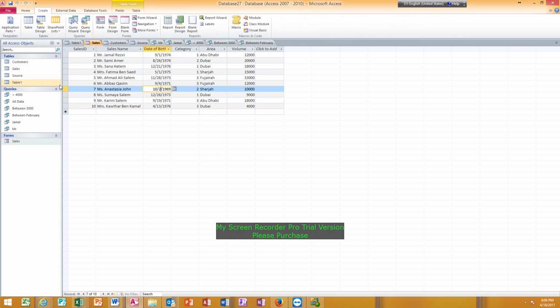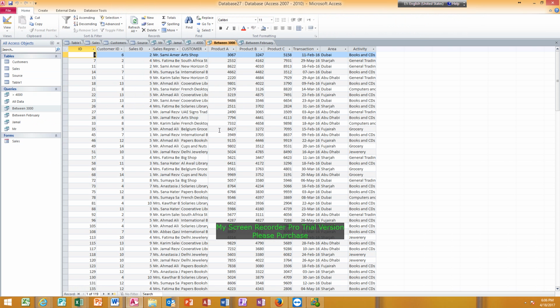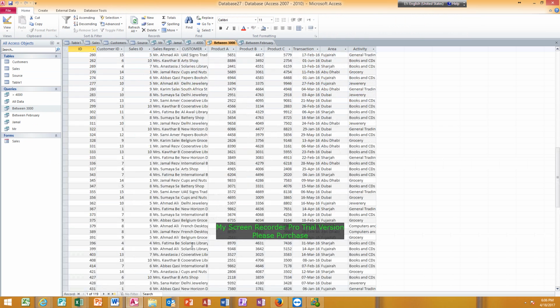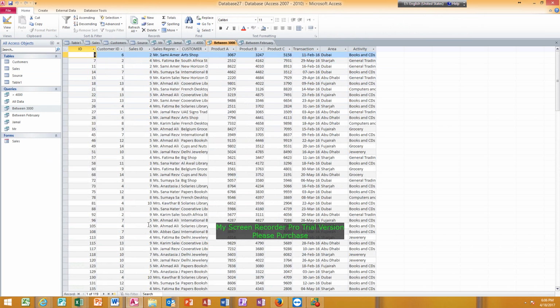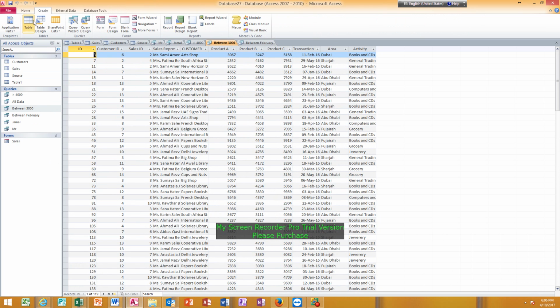Now let us get some report. In fact, when we have, for example, this data between 3000, you see that you have already some data here. So what if you want to show this data to someone or to send it to someone? Instead of sending it as a table, maybe you want to send it as a PDF file. So this is a convenient way. When you go to create, you simply click on report,